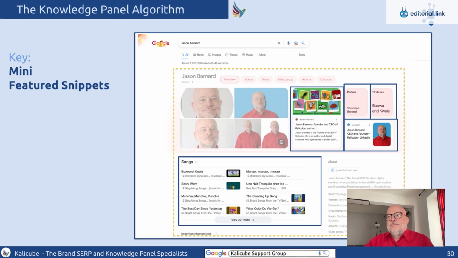But the quick overview is, if you look at these as mini featured snippets, information that Google is confident is true, it doesn't necessarily have to be in the knowledge graph to be in the knowledge panel. It can add information to the knowledge panel simply by being incredibly confident, much in the way that it would for a featured snippet. So this list of songs, not all of them are in the knowledge graph. My partner is, the TV show is, my LinkedIn profile isn't, my website is, but you can see here that we've got some information that is being taken from the knowledge graph, and some of it is being created as